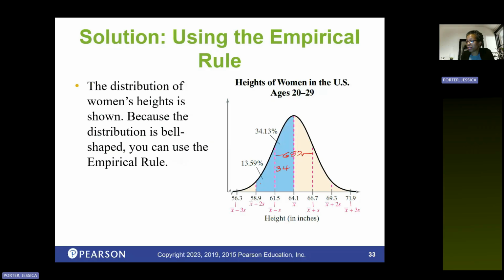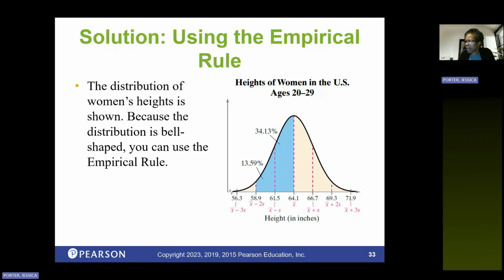And then this part here is about 13.5, which is what they have on the screen. But if you do the calculations yourself, or you look at 95, this being 95, and you subtract away 68, you can do the math to get into that